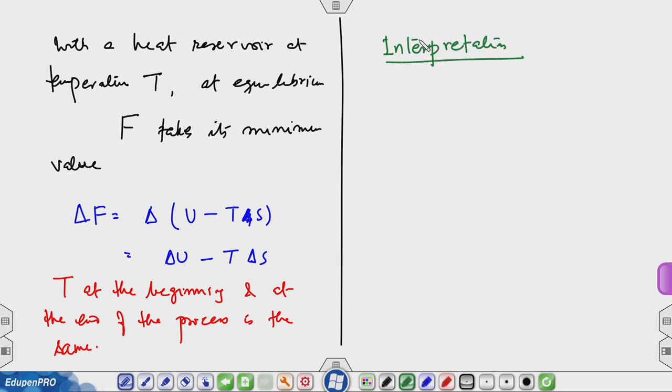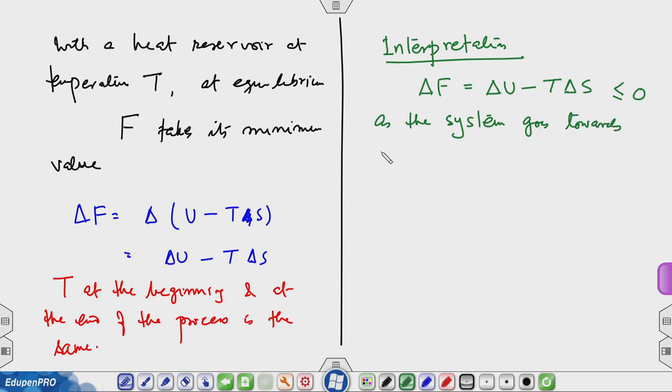Now, here, before we do that, I want to discuss an interpretation, pointing out a wrong one and the correct one. When you look at delta F equals delta U minus T delta S is less than or equal to 0, then as a system goes towards equilibrium, an interpretation may be given